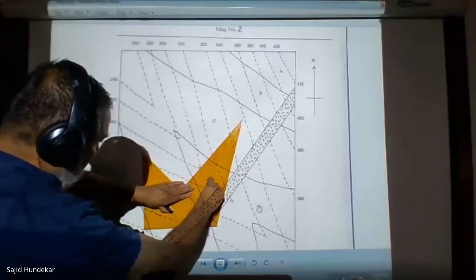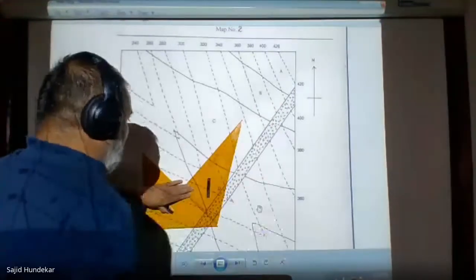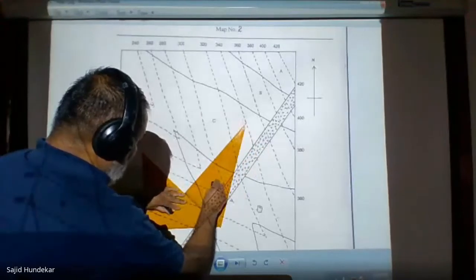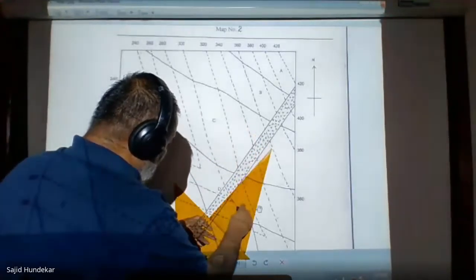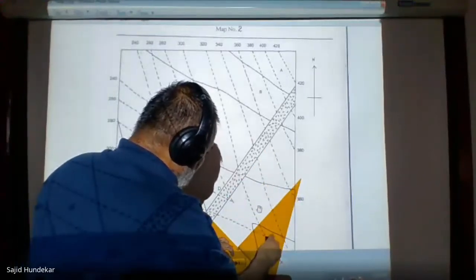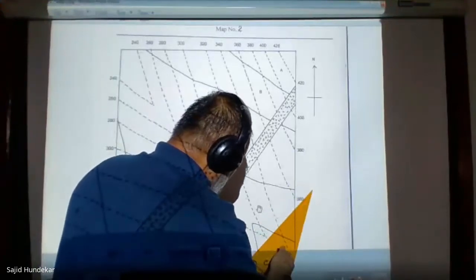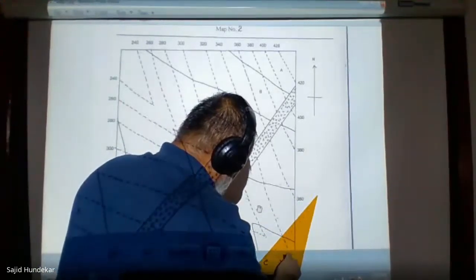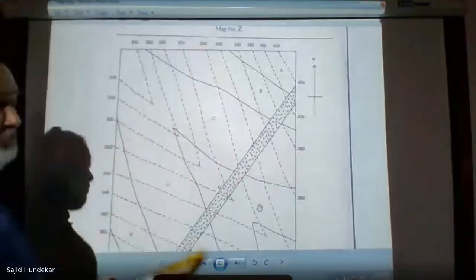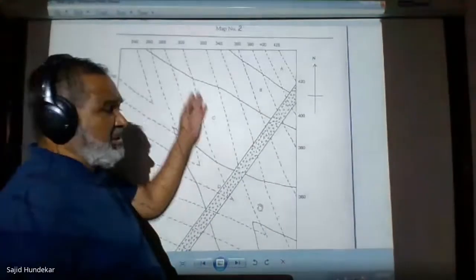And now with one finger, put it out, and with the pencil, draw the line. And on the other side, you can again draw the proper one. Then the next one, if you want to come down, shift it out till the last point. Here we have the last point, and still one more point is there, so up to that point you have to go. Yes, so this is the last point. So all the lines you have to join with the protractor and set square. So once you get this, this will be the strike line.